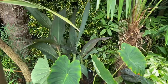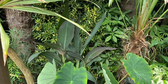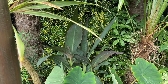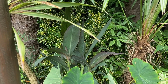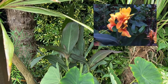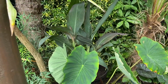Behind, I've just potted up a seed grown sort of purple leafed canna. Again, I don't actually know the name of this one because I messed about a few years ago hybridizing different cannas, and I got a couple of these. They have quite purply leaves, almost like Canna Bird of Paradise, and an orangey mango-y flower. Really nice. I have actually put them for now in a barrel pot because the soil wasn't good